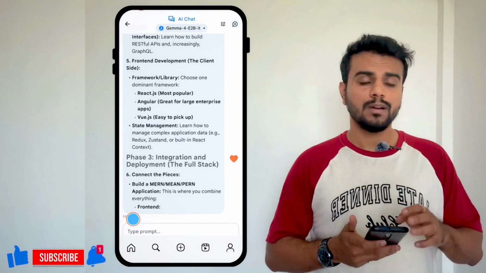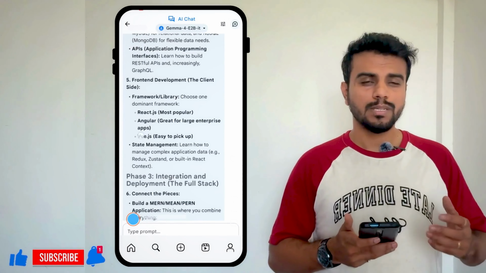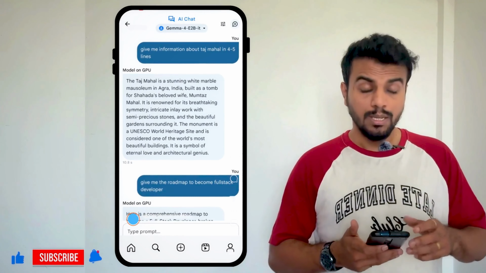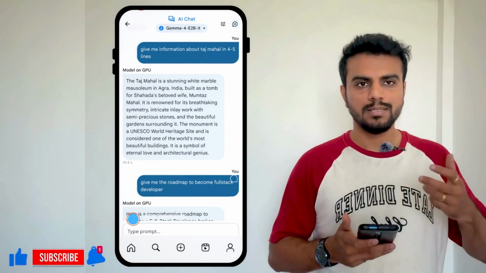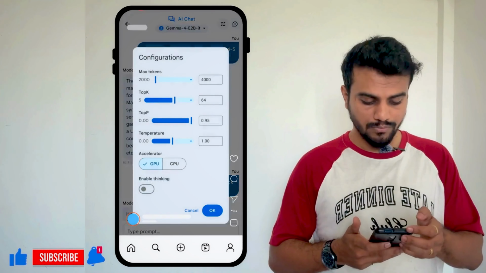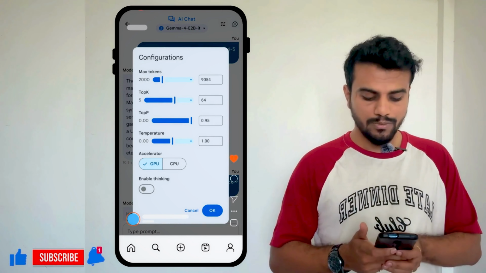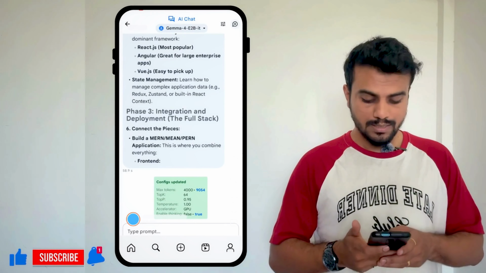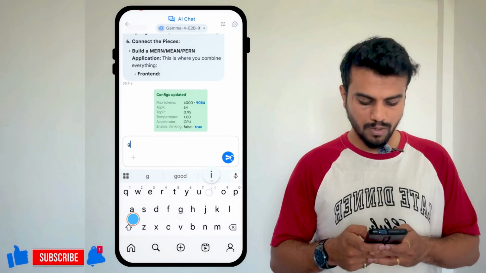Now let's say I want to show you one more thing. If you write, give me information about Taj Mahal, right now it's giving us the information directly. But let's say if you want to see what is happening in the backend, what exactly this model is thinking, then you just need to click on this stuff. Right, so you can increase the tokens as well, and you have the option of enable thinking. If you click on this and save it, and let's say I type again, give me information about